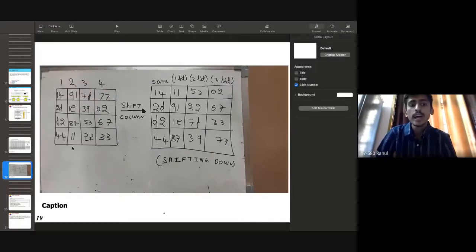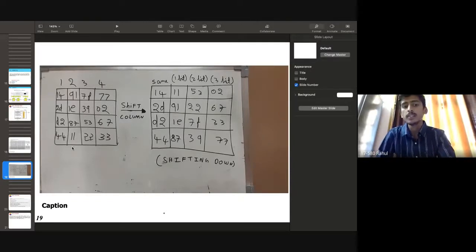Now look into it. At the left side you have a state. Generally you will have 8 into 8, but for showing an example I have taken 4 into 4. Initially I have marked the numbers 1 2 3 4 at the top: 1 means the first column, 2 the second column, 3 the third column, 4 the fourth column. The arrow mark indicates the shift column process, and the right side is after the transformation. As I have said, the first column remains unchanged, so you can see that 14 2D D to 44 have remained unchanged.